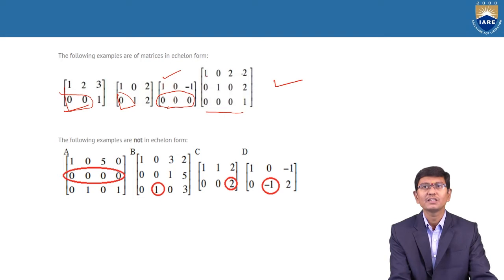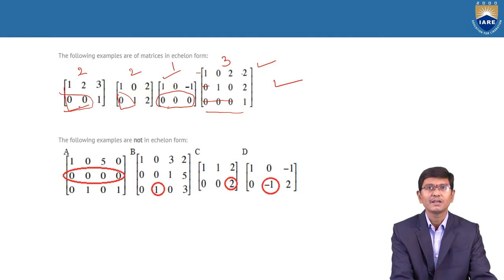Here, before the non-zero number there is no 0, and before the next non-zero number there is a 1, and before the next non-zero number there is a 3. Therefore, it also satisfies the echelon form of a matrix conditions. But if the rank of a matrix is required, in the first matrix the rank is 2, the second one is also 2, the third one is 1, and the fourth one is also 3.